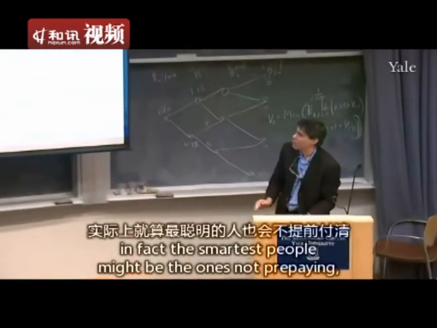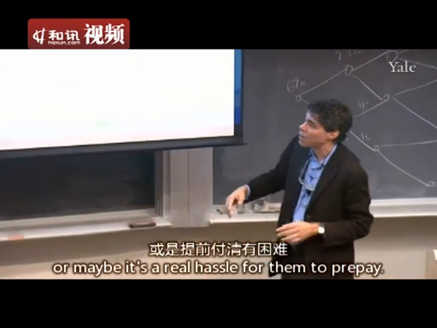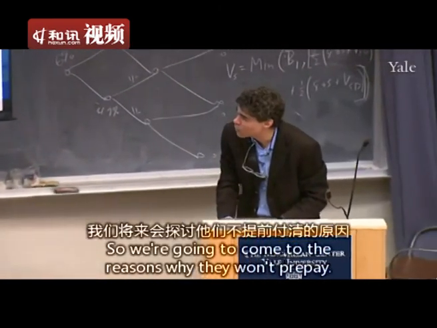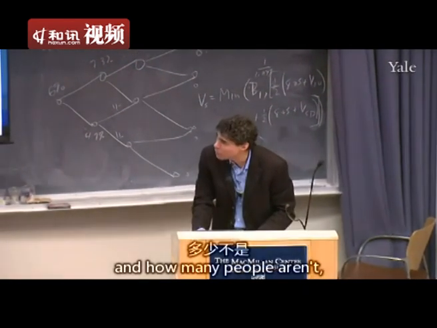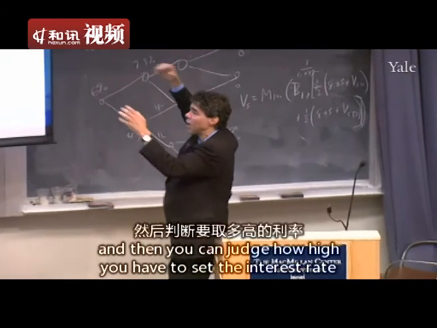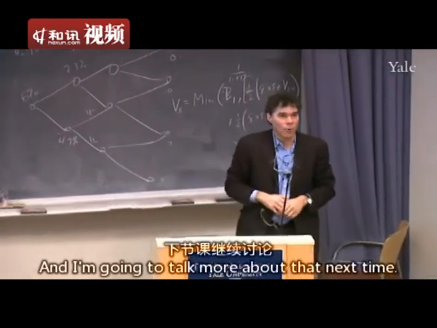In fact, the smartest people might be the ones not prepaying. They're not paying attention. Or maybe it's a real hassle for them to prepay. So we're going to come to the reasons why they won't prepay. So you have to calibrate how many people are behaving optimally and how many people aren't. And then you can judge how high you have to set the interest rate to make a reasonable profit. And I'm going to talk more about that